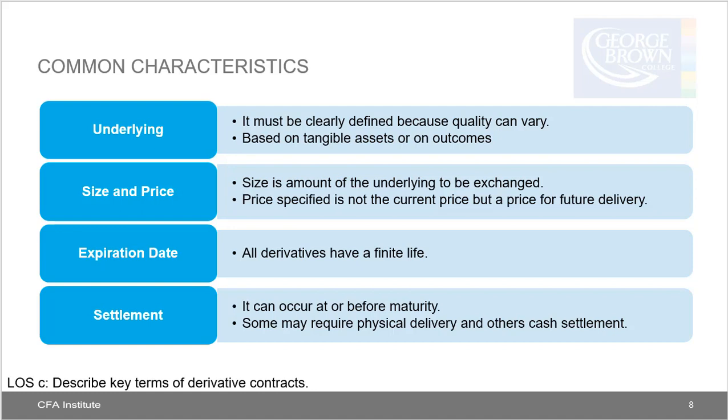Some contracts require settlement by physical delivery of the underlying, and other contracts allow for or even require a cash settlement. If physical delivery to settle is possible, the contract will specify delivery locations. Contracts with underlying outcomes, such as heating and cooling days, cannot be settled through physical delivery and obviously must be